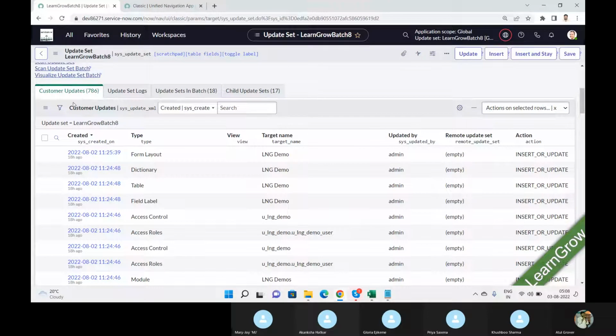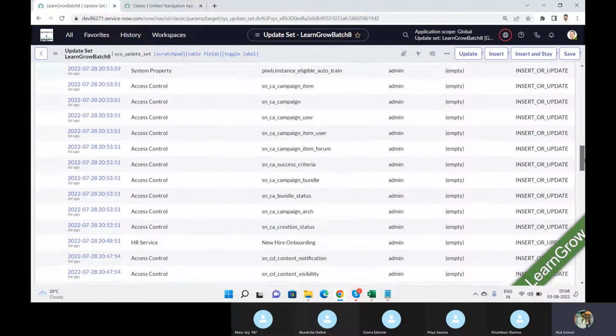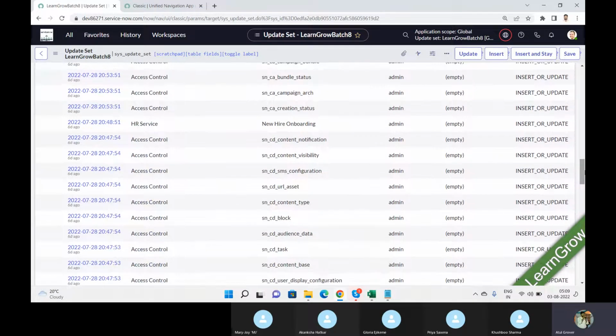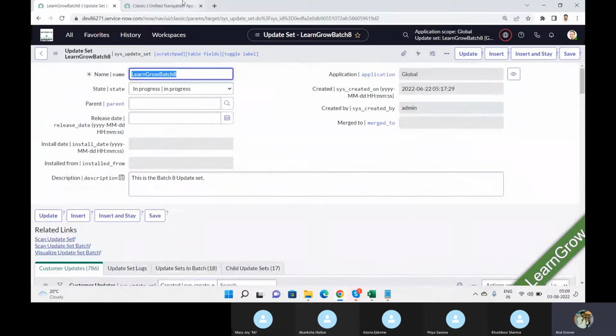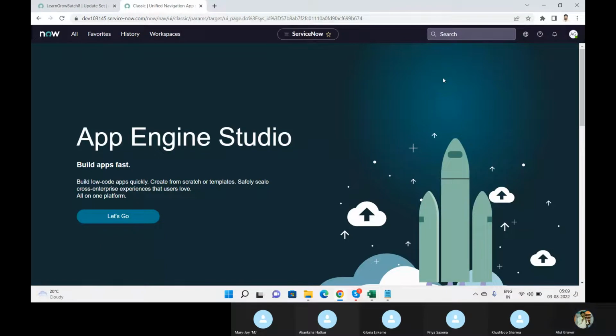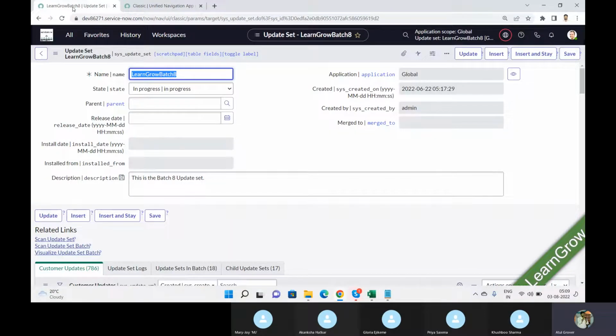See, 786 configuration changes we have done in our instance, which we do in day-to-day practice, right? But it does not include the data, guys. It is just configuration. So you can see these many changes. Now my target is to bring these changes into Khushbu's instance. The first point which is important to understand here, and the best practice: